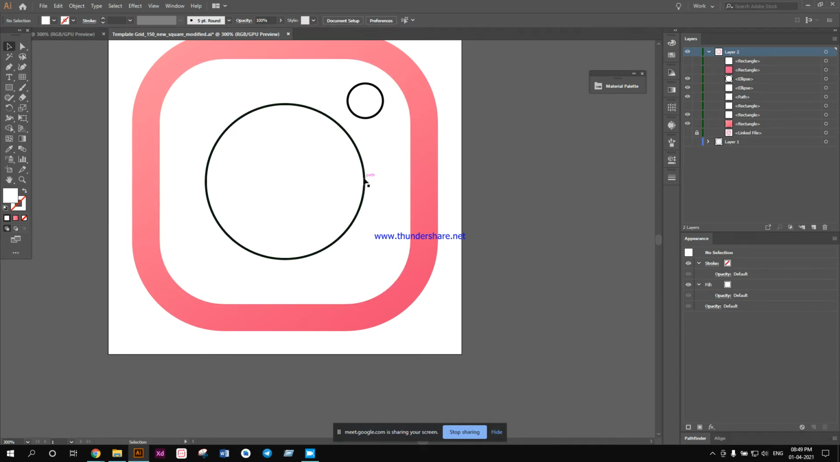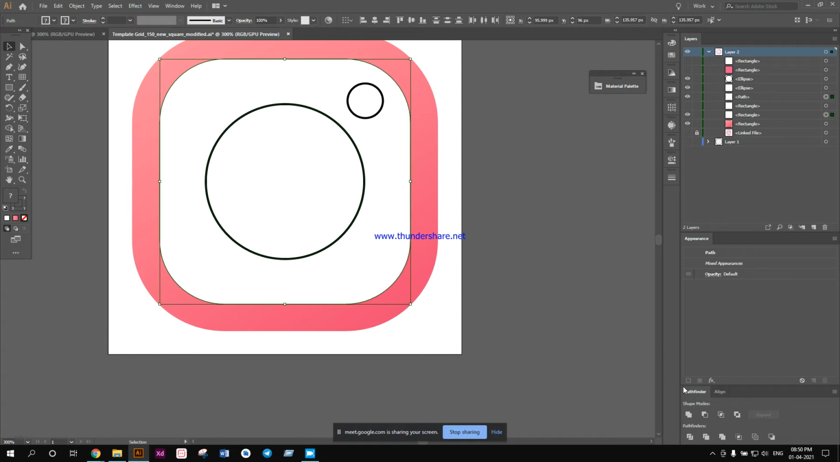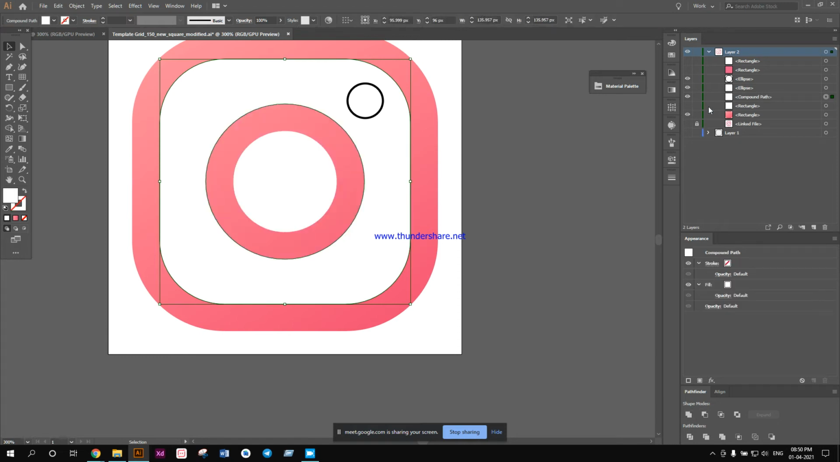Now I'm going to do a minus front. Okay, what does minus front mean? Minus front means you have two objects, one above another, and when doing a minus front with the Pathfinder tool, the object that is in the front will be cut out from the background object. So I'll show you right now. So I click on this circle object, and then I click on this rounded rectangle object, the white one, and then I do a minus front. So as you see over here,